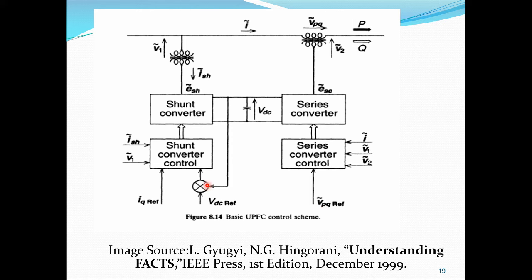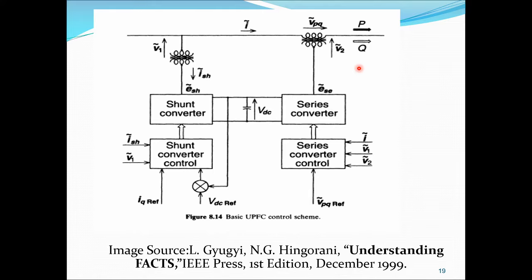And the reference voltage, for the sake of this, VDC reference, IQ reference. IQ reference I would like to give. Shunt current carrying here as Ish. V1 is the source side voltage. V1 will be there on the first side, and that's why 1. All this 1 represents STATCOM, 2 represents SSSC.